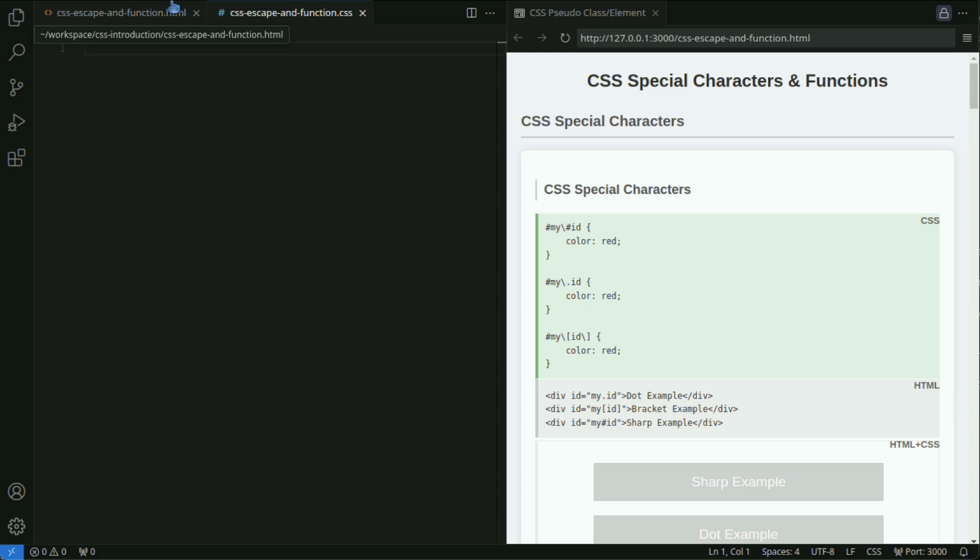Escaping is primarily used for the following purposes: using special characters as selectors, handling IDs or class names that start with numbers, escaping special symbols or non-ASCII characters. Escape characters are written in CSS using the backslash. By placing a backslash before the characters to be escaped, they are interpreted as normal characters.